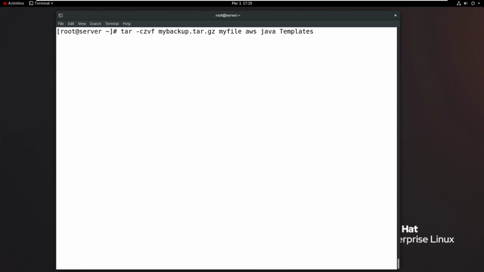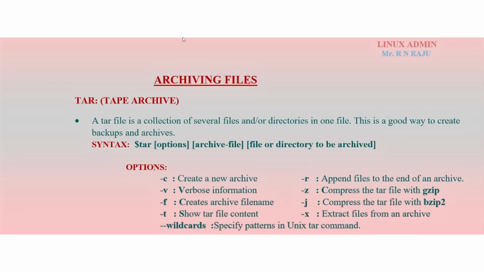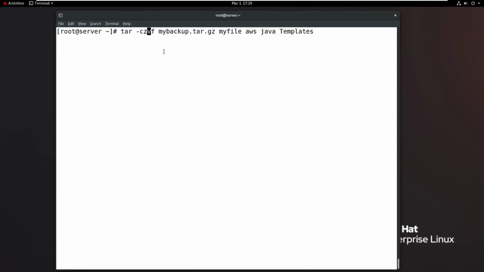What is the meaning of z? Again it combines multiple files into a single file, but those files are compressed. z here means compress the tar file with gzip.